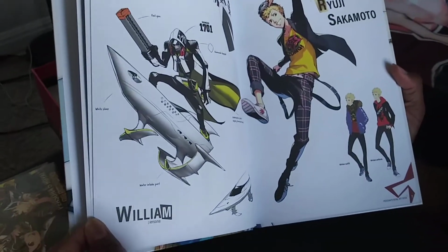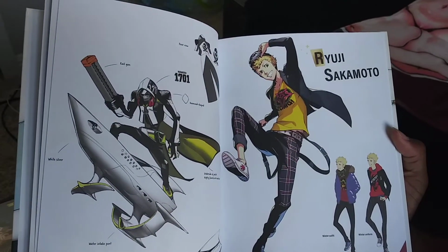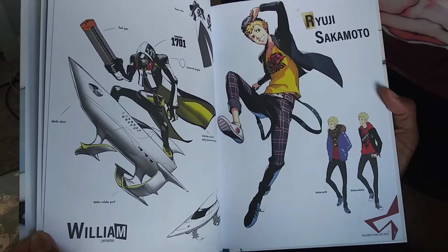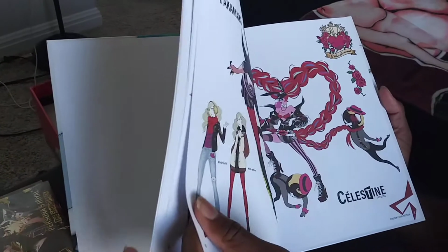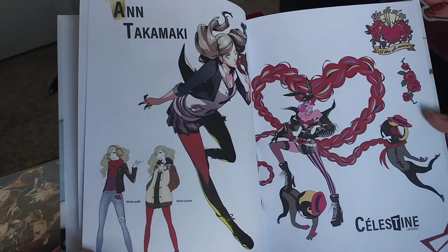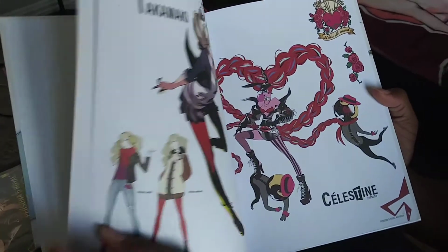And then we move on to Ryuji Sakamoto. As you can tell, there's his persona, most likely in its third form. And we get a nice viewing of him in his winter outfit as well as his uniform. And then we move on to Ann Takamaki. We get a nice viewing of her persona at her third tier. We also get her in her winter outfit as well as her uniform. And then moving on, I'm pretty sure...